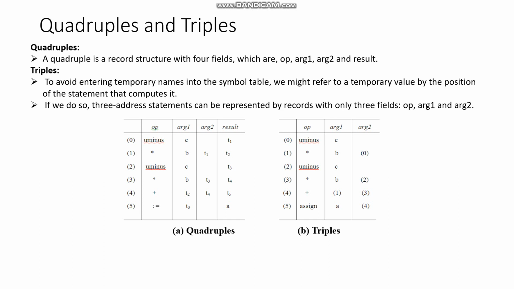Okay, so here we are not maintaining temporary results. Here we are directly giving the statement name, or the output of the previous one, as the statement argument name. Likewise, the difference between a quadruple and a triple is that a triple has 3 fields and a quadruple has 4. Okay, next.